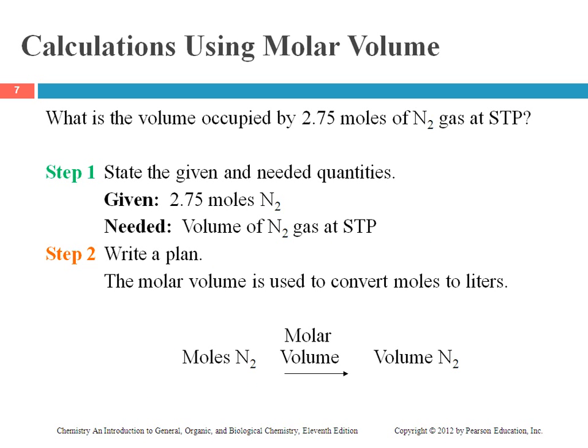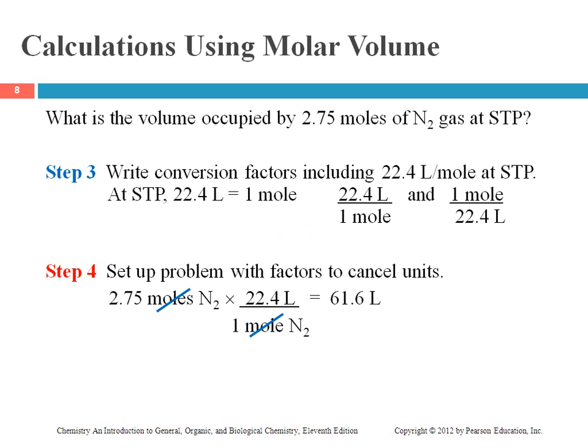We're given moles of nitrogen, and we want to convert to volume of nitrogen. So the only way that we can do this with a common relationship is to use our molar volume. So if we have 2.75 moles and we use our molar volume here, so we plug it in, okay, and we notice that, let me get my pen here,